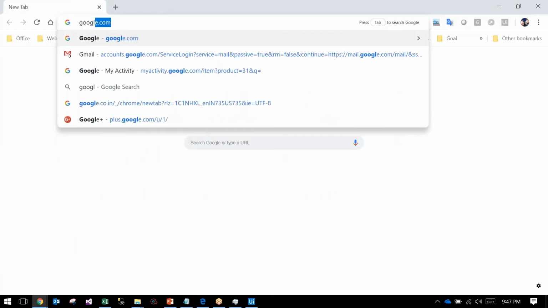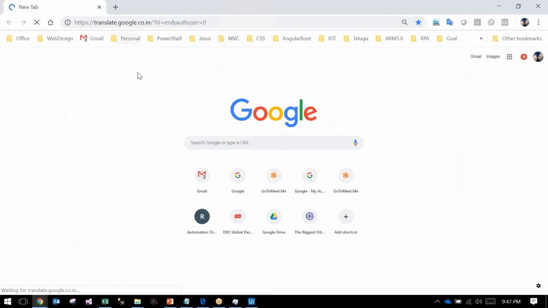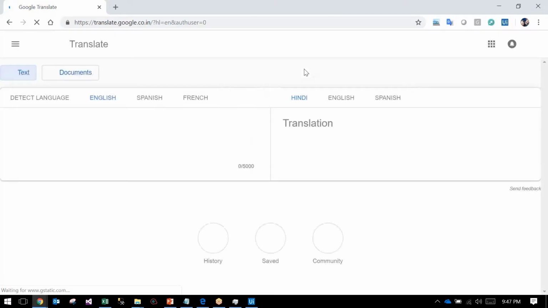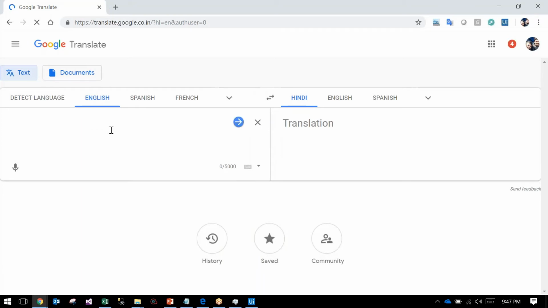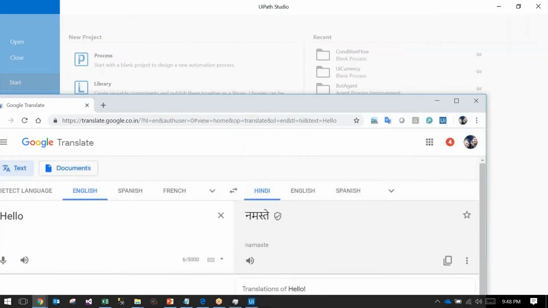Something like you will open one small Google Translator, English to Hindi. Hello, it will convert, right? Namaste. Okay, so let's place here.